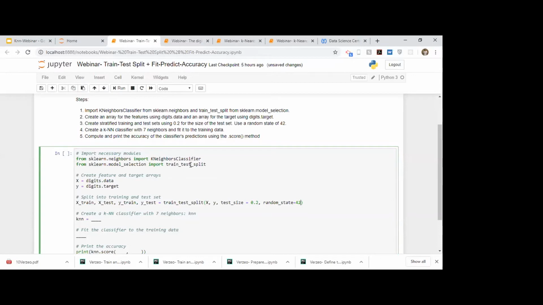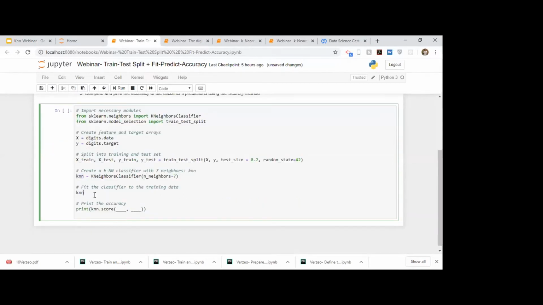Next, it says create a KNN classifier with 7 neighbors and fit it to the training data. So we do that. We use this function, so we instantiate it. We pass n_neighbors equal to 7. Then our steps are again the same. We fit our instantiated model. To the fit function, we pass X train and Y train now.